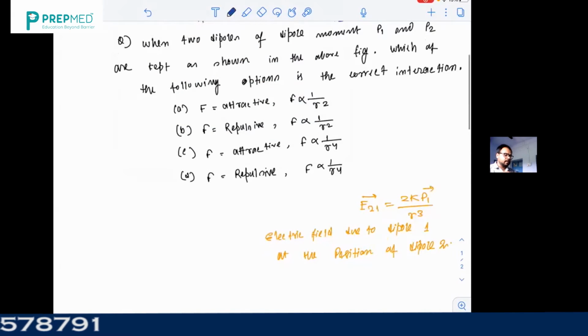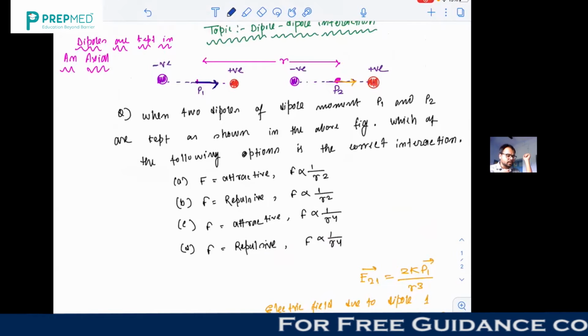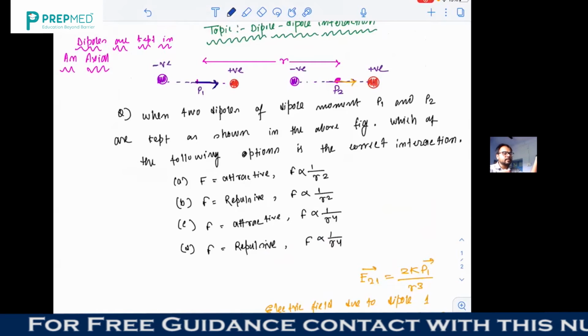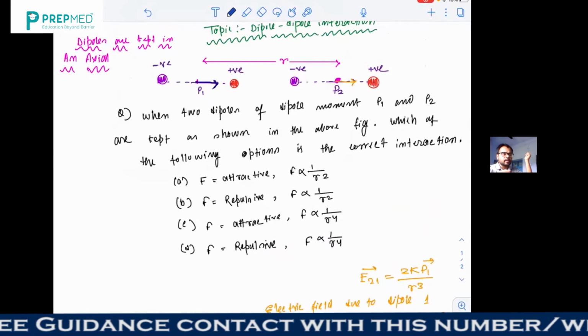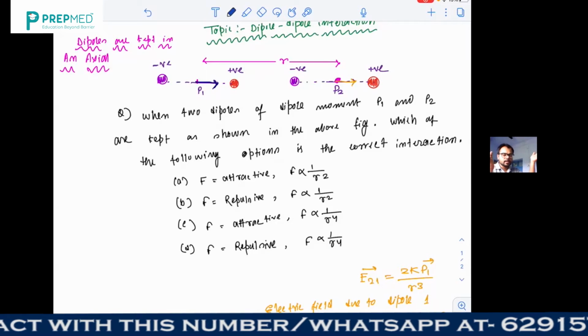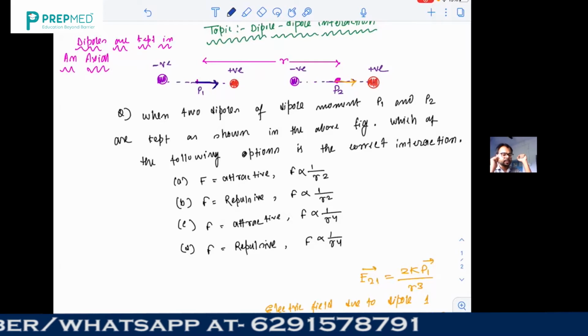If we know the value of the electric field, our objective is to calculate the force. This force is a conservative force because we are talking about the electrostatic force. So that force can be expressed as the negative gradient of the potential energy. You know that F equals minus dU by dx whenever you have a conservative force field. So for that case, the force is the negative gradient of the potential energy.